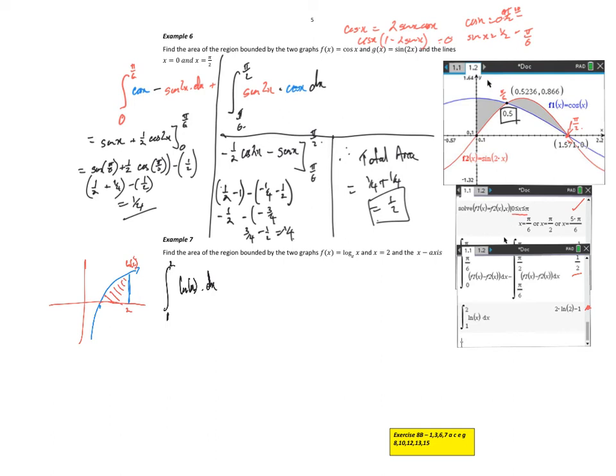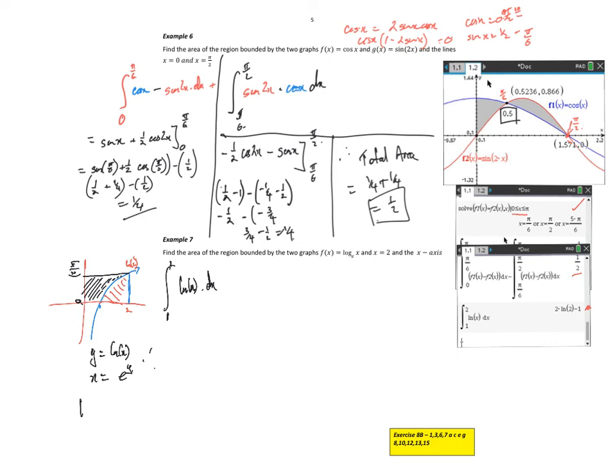So again, let's go into rectangle mode and try to work out this area about the y-axis. So what are these values? That value there is 0. That y value there is natural log of 2. So if y equals natural log of x, well then x equals e to the y. So the black area that I'm interested in now,